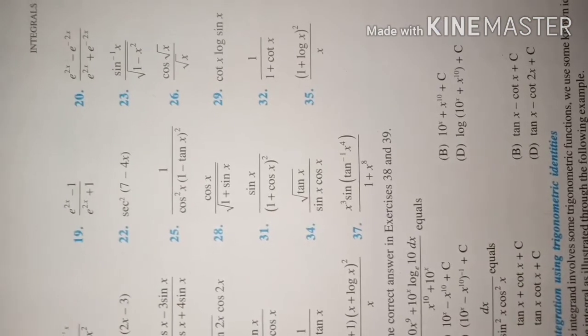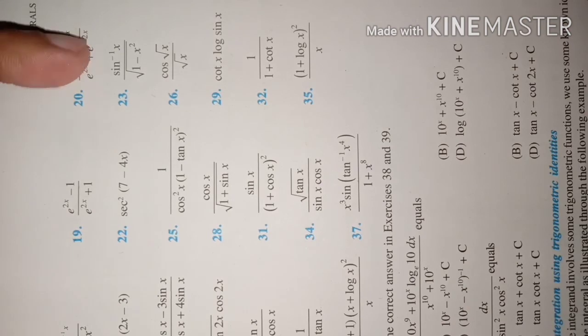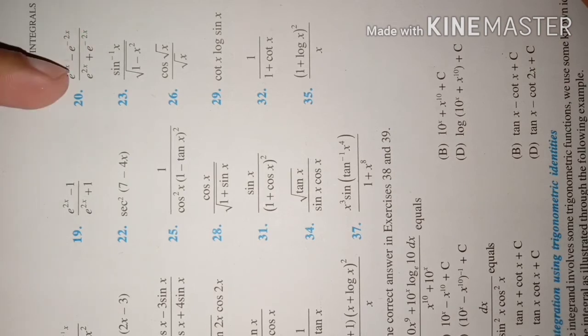Now I think you got the idea, the concept regarding question number 20, because similar to this only, here directly you can take this lower part as t, and after that you can take the derivative of this one, and you will get the derivative of this one as the numerator, and some constants may be there, but that you can keep aside. Okay, you will be able to solve 20 that way.